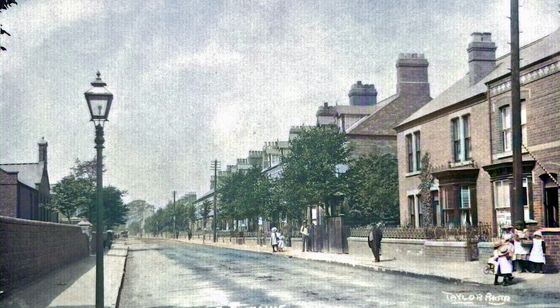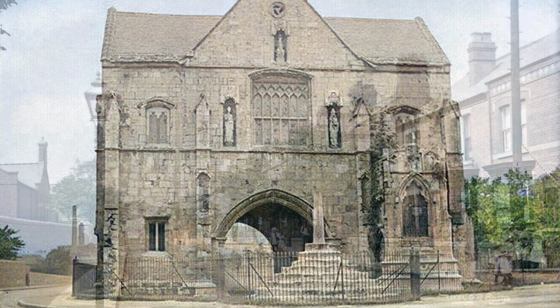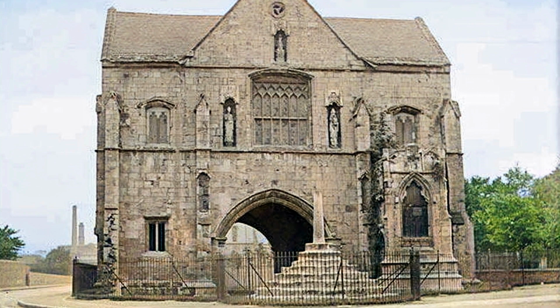The council school can be seen on the left, not yet called St Anne's, as the church wouldn't be built for another 12 years. This picture of the Priory Gatehouse, taken just after the road had been diverted from under the archway. Note, the cross is only a stump, as the top wasn't added until the